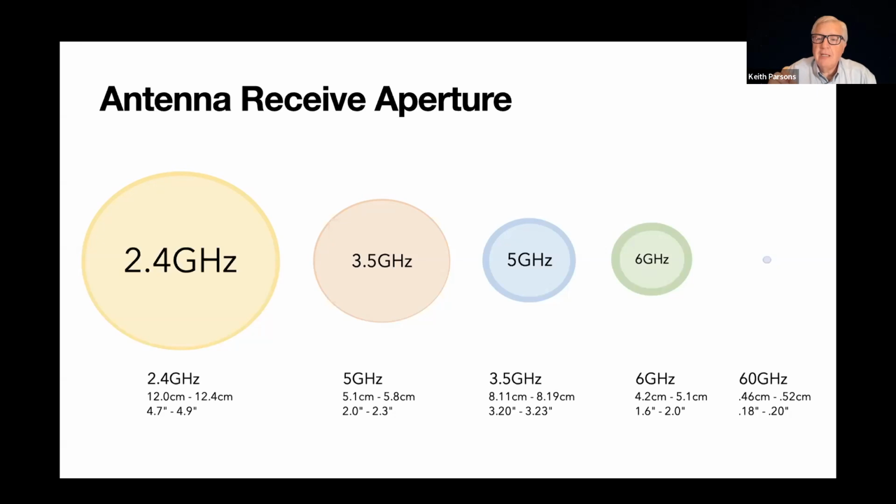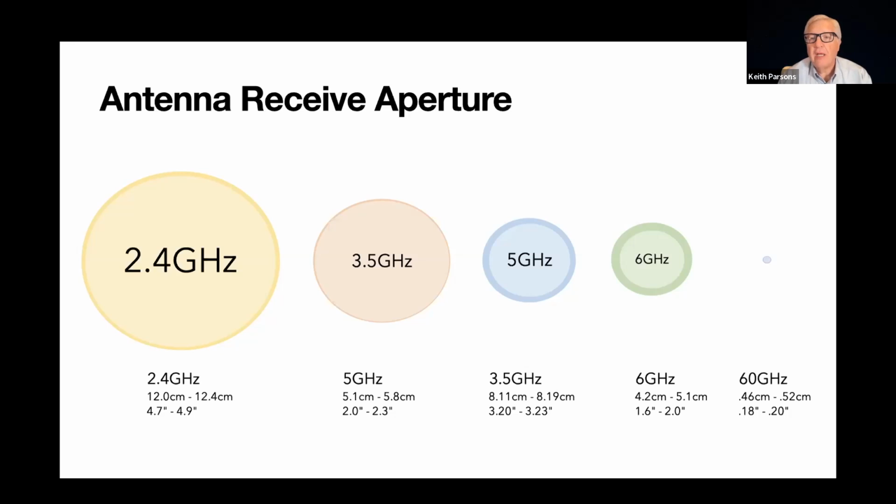What about 60? It hardly catches anything. But the benefit of 60 is we can get a 30 dB antenna that's only this big. So we can have a very small form factor and still get a 30 dB increase in what we captured. The reason we're talking about antenna aperture is it's not because 2.4 somehow magically goes